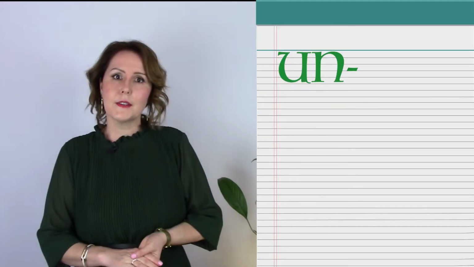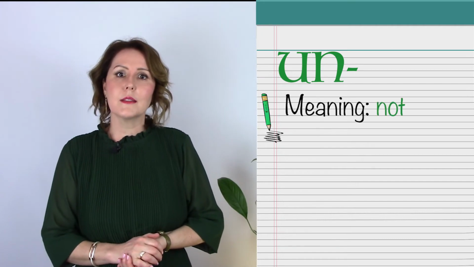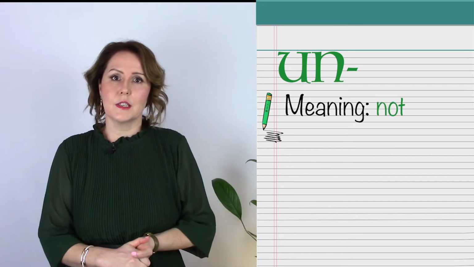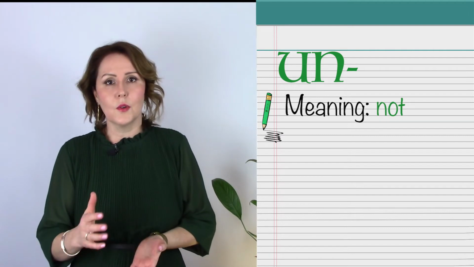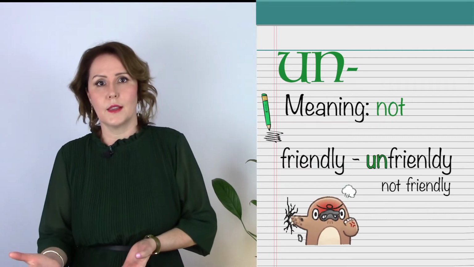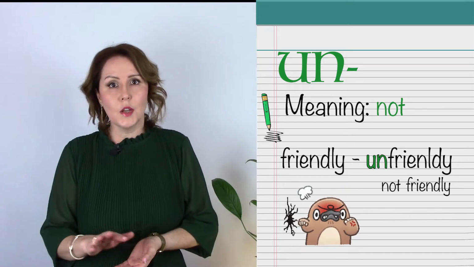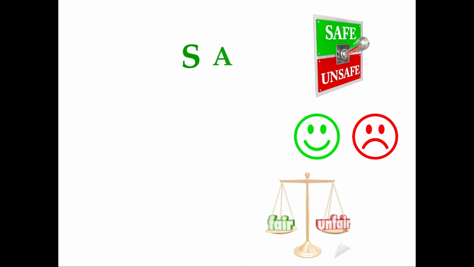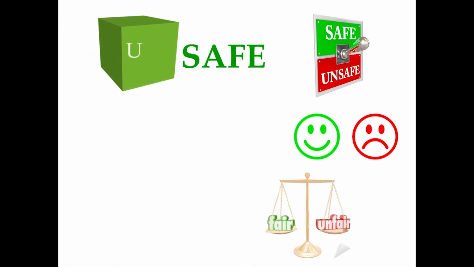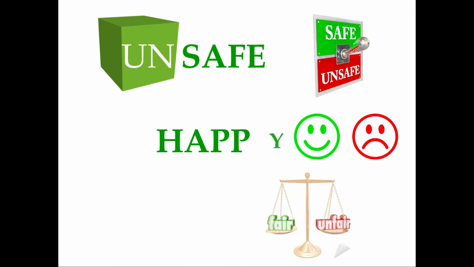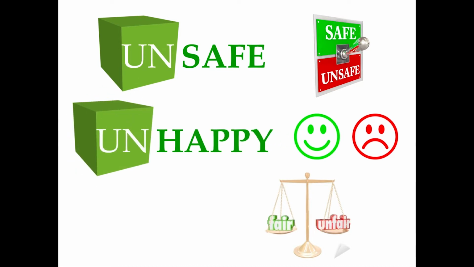Prefix un means not. This prefix is very common for adjectives. Look, friendly, unfriendly, and it means not friendly. I will give you more examples, and please keep in mind when we add un, we mean not. Safe, unsafe, happy, unhappy, fair, unfair,